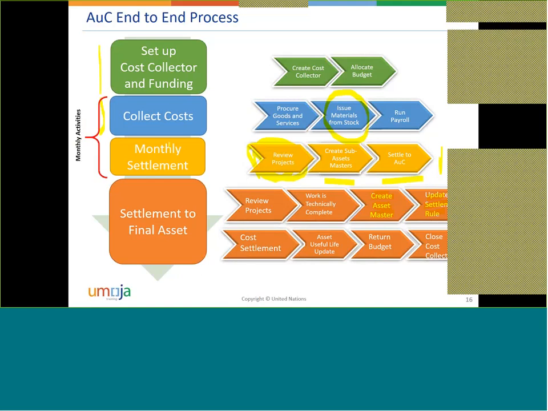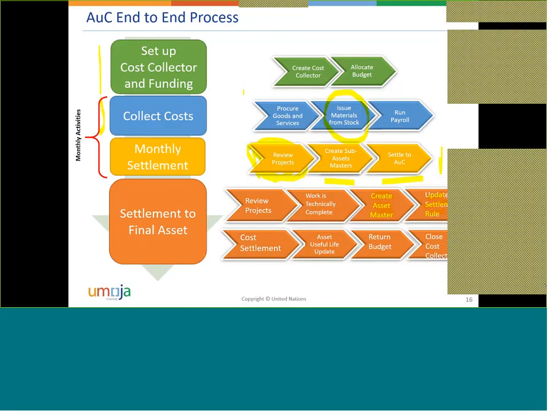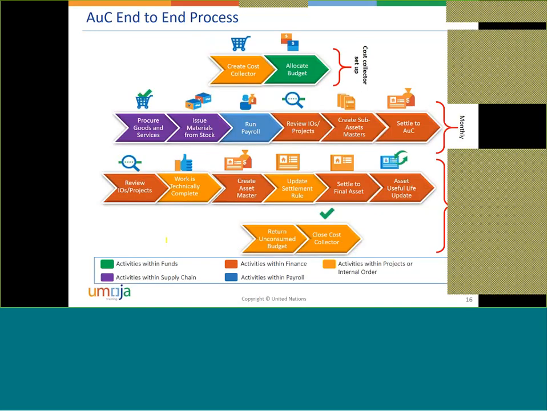Remember our monthly activities: collecting costs and settling to the AuC. What you see here in the same colors, it's in the same colors because I want you to understand which steps belong to each phase of the AuC end-to-end process. So these steps in green happen during this phase, these steps in blue happen during this phase, this yellow happens here, and the orange steps happen during the final settlement. But now you want to know who is doing what, right? So to know who is doing what, we have another slide that will give you an idea of who is doing what. The list of steps that you see in front of you is exactly the same one as you